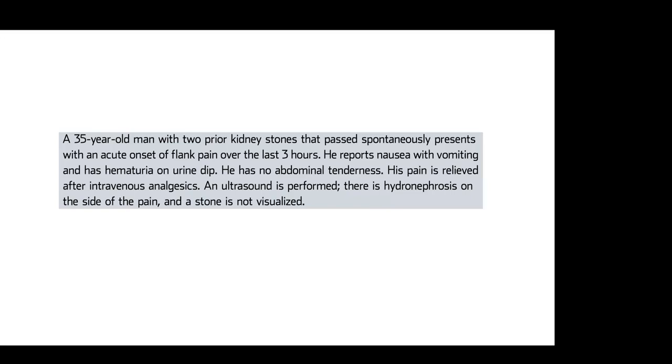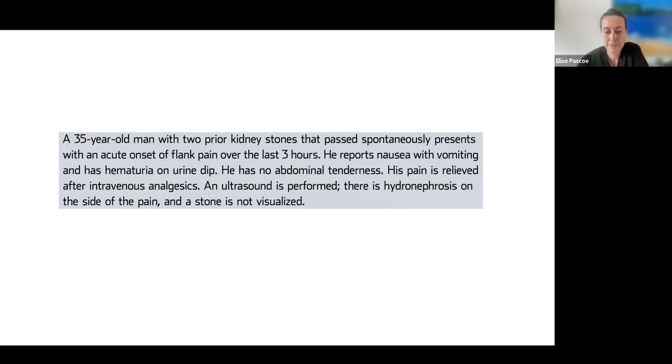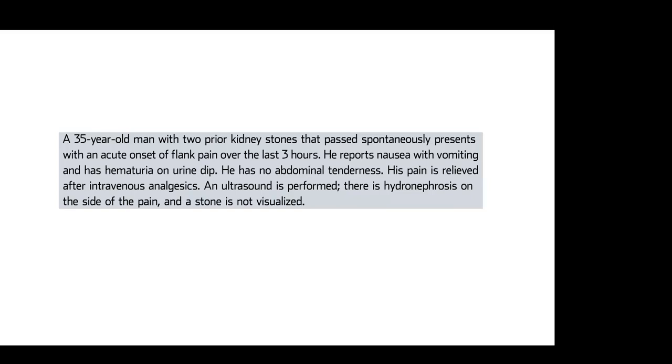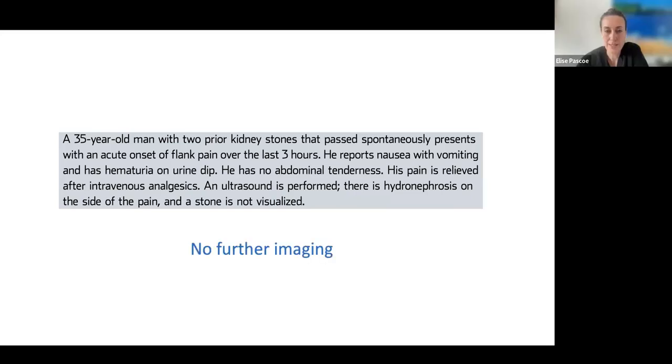So my answer would be no. I wouldn't change anything. And I'm assuming the others would also say the same thing in the chat, given his pain is resolved. Yep, agreed. So universally, the panel said no further imaging. You've got the diagnosis, the pain's getting better,